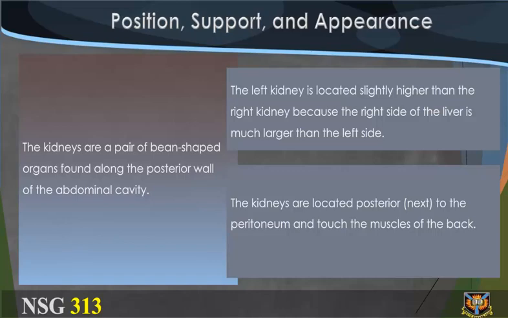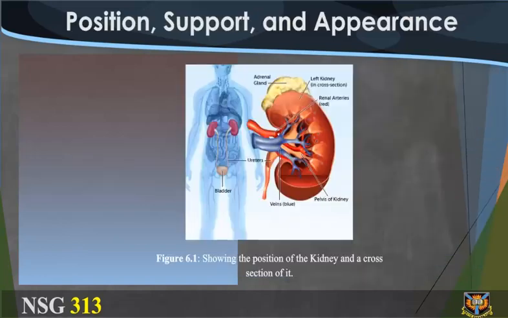Position, support, and appearance. The kidneys are a pair of bean-shaped organs found along the posterior walls of the abdominal cavity. The left kidney is located slightly higher than the right kidney because the right side of the liver is much longer than the left side. The kidneys are located posterior next to the peritoneum and touch the muscles of the back. A diagram: